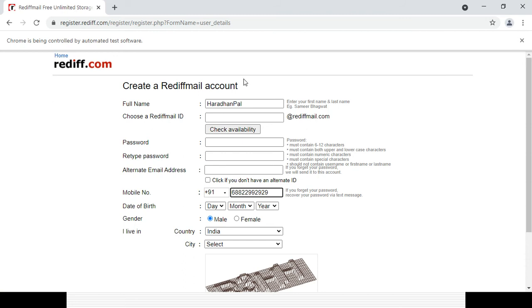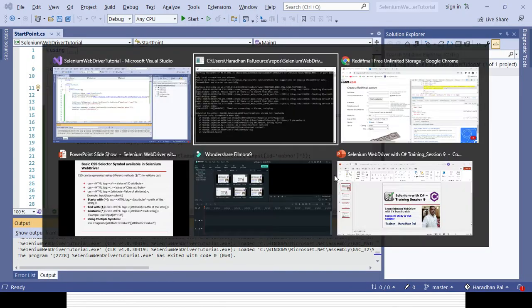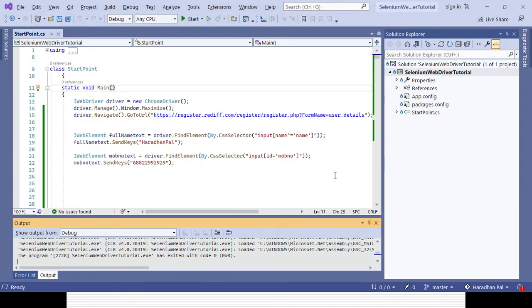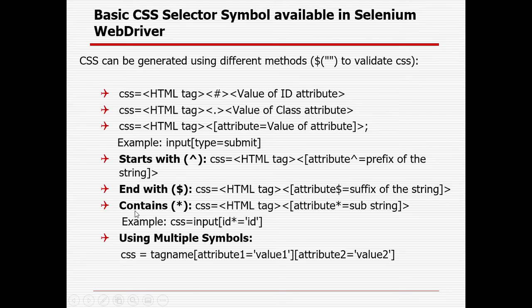Okay. So with this customized CSS selector, whatever you are creating, right? You can identify the element first. After that, you can enter the value and you can perform whatever operation is required, right? But the first important thing is that you need to identify the element uniquely, right? Okay. So then you can create XPath in another way. Okay, let's go here. With the help of the contains keyword, right? You can create the XPath.